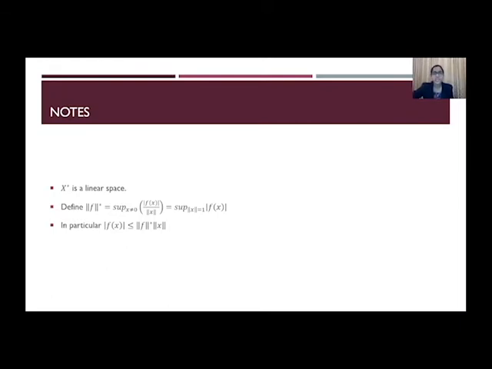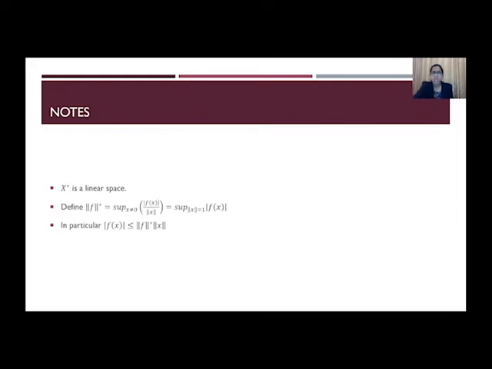Now since we are dealing with a normed space, we are going to define a function norm star of f, which is nothing but the supremum over x not equal to 0 of |f(x)| by norm x. Why have we taken x not equal to 0? Just to bring clarity to the division by norm of x. If x is not 0, then norm of x is also not 0, so this term is valid. So what is norm star f? It is the supremum of |f(x)| by norm x. Since f is bounded, there will be no problem in defining such a function.